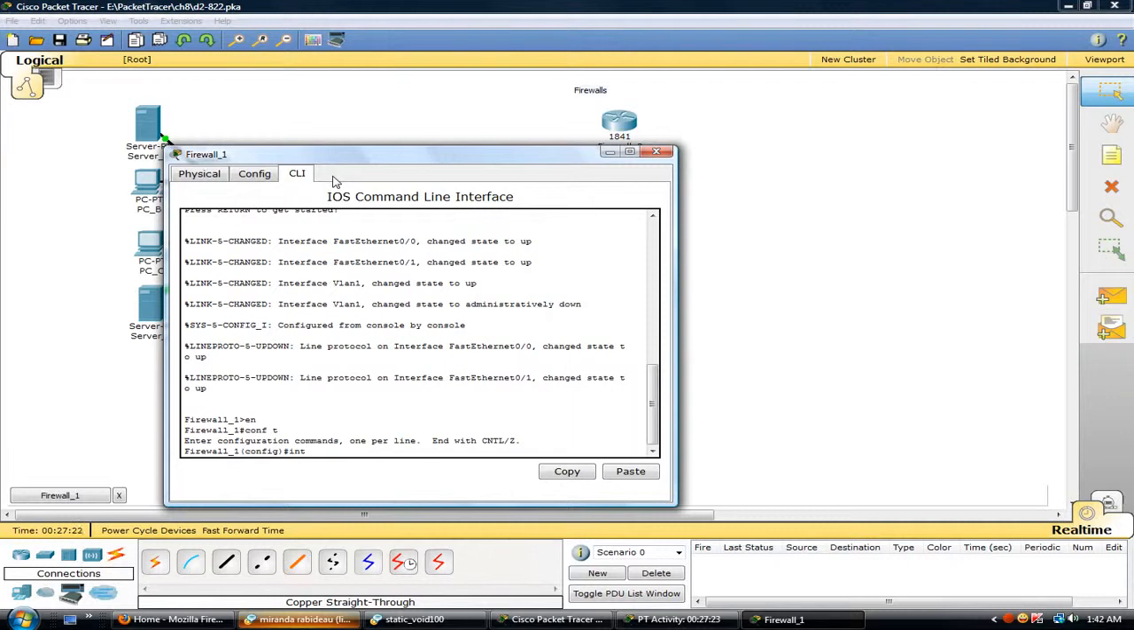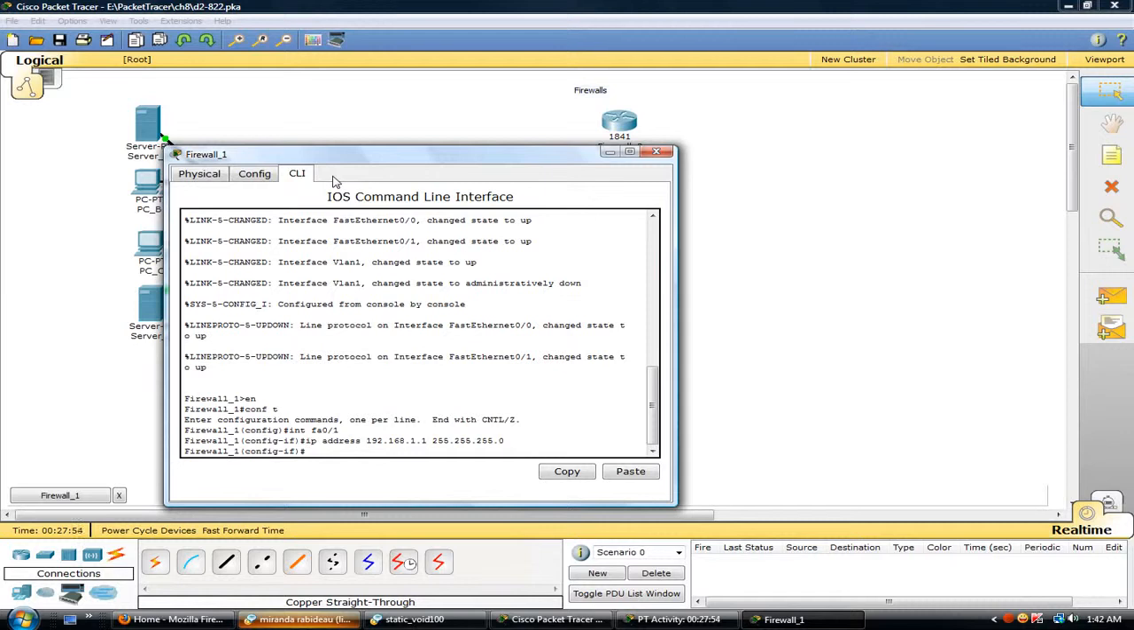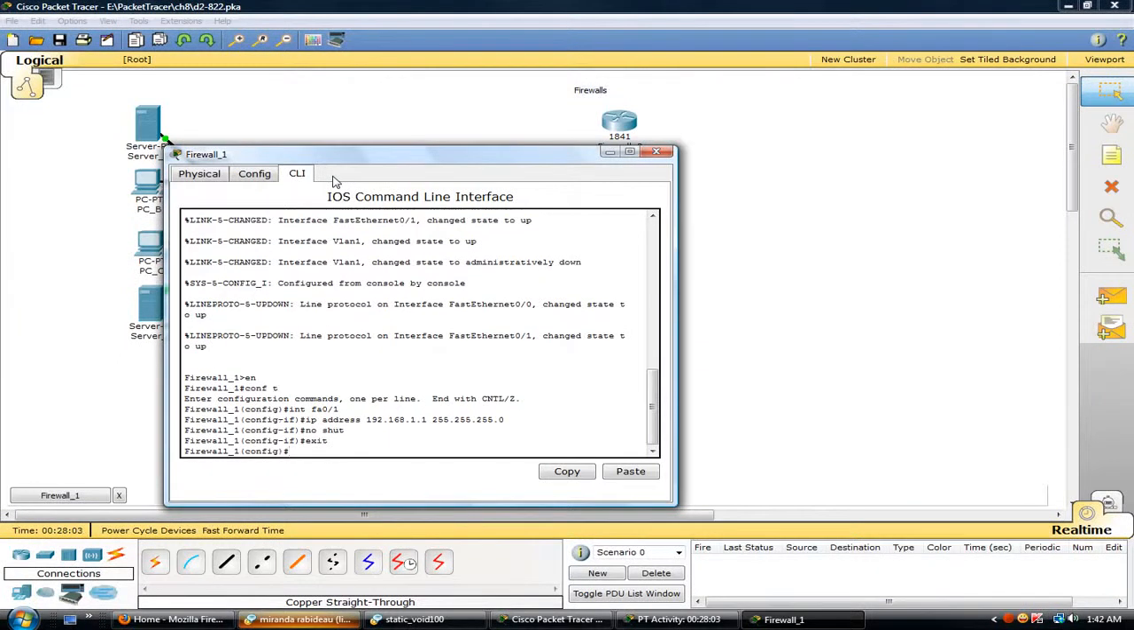and we want to gain access to that interface, so we'll type in INT for interface, this is FA0/1, and then we'll set the IP address to 192.168.1.1 and give it a subnet mask of 255.255.255.0. And from here we'll do it. You don't have to do it on this particular activity, but I always do a no shut. And then we'll do the show run